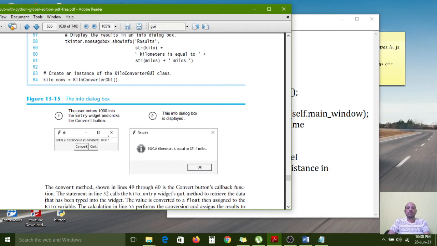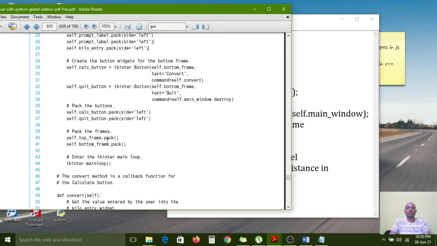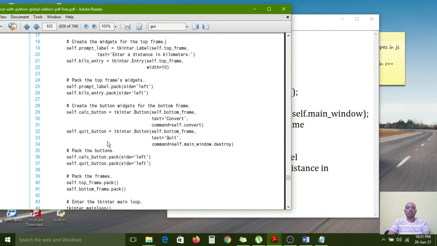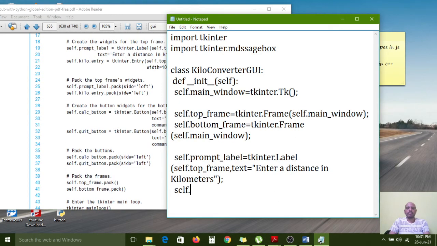After that, we need to create the text box. For the text box, kilo entry is the name. Self dot kilo underscore entry is equal to tkinter dot Entry, the method that will create the text box.